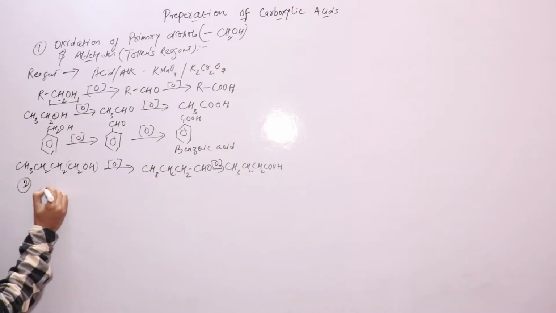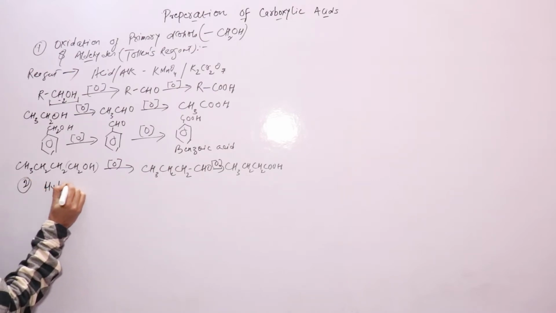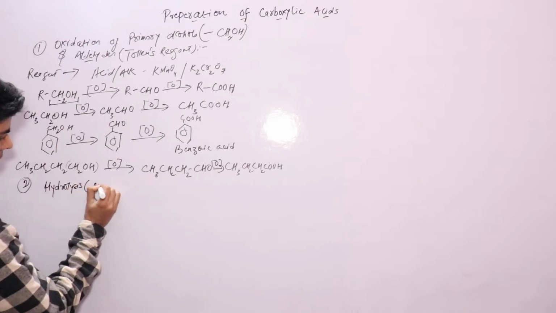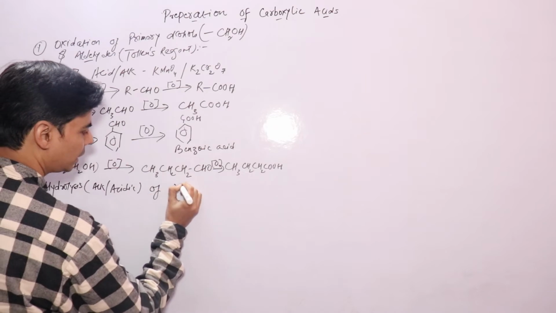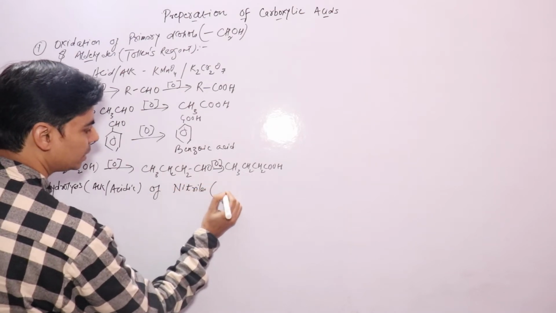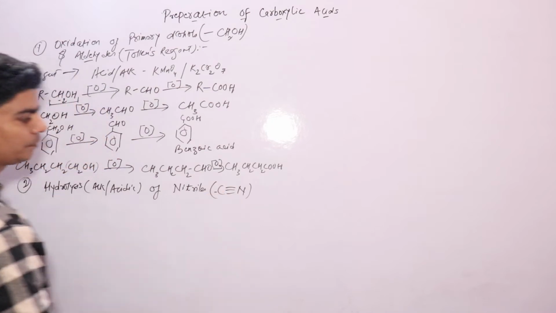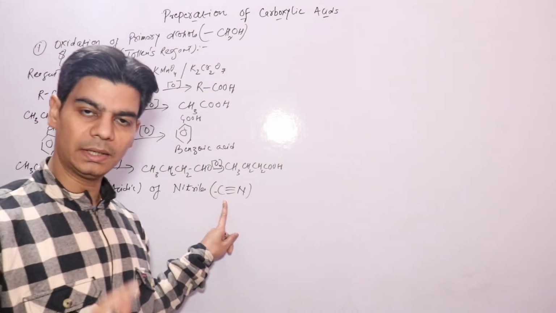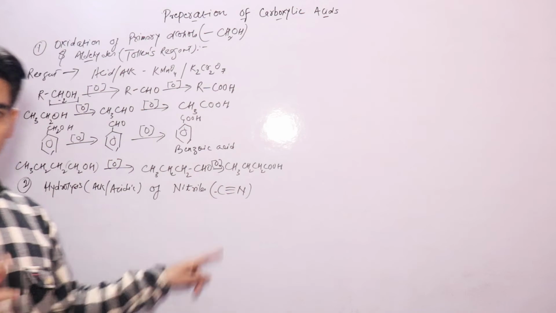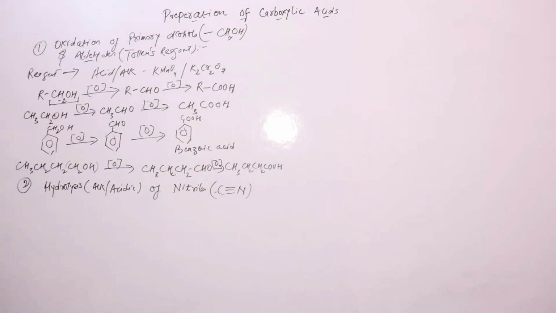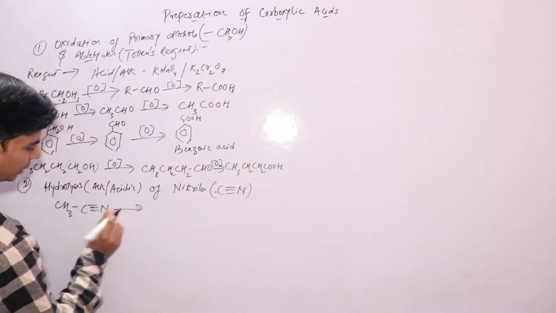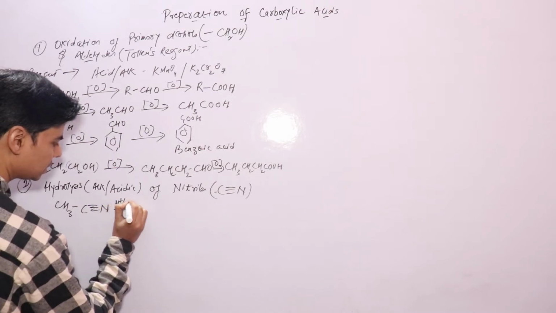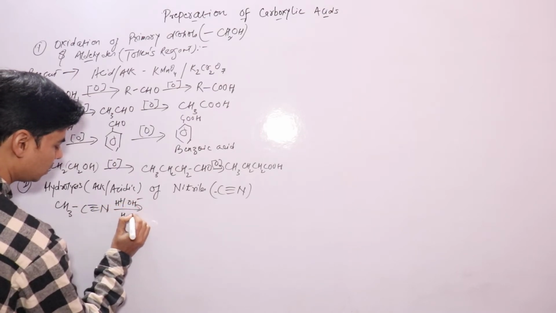Second is the hydrolysis, alkaline or acidic hydrolysis of nitriles. When we talk about nitriles, it's this cyanide group. Compounds that contain this cyanide group are your nitriles. So let's take an example of a nitrile, CH3C≡N. This will get hydrolyzed in the presence of acid or alkali. It will get hydrolyzed into